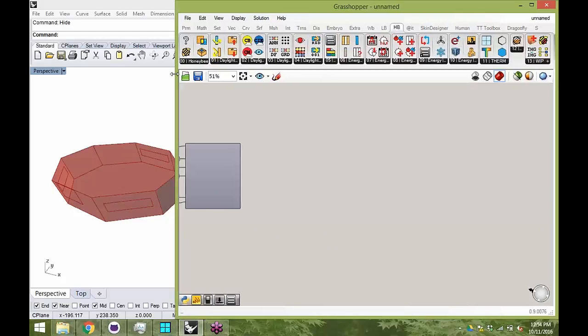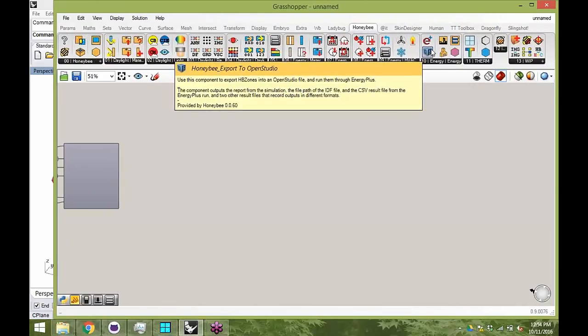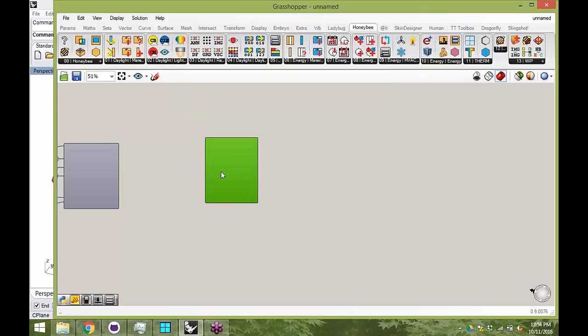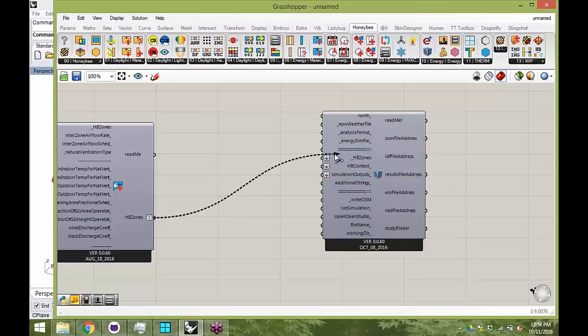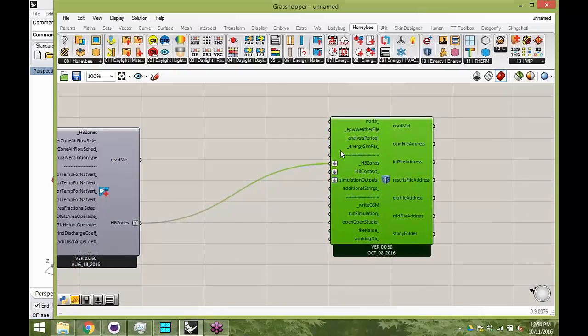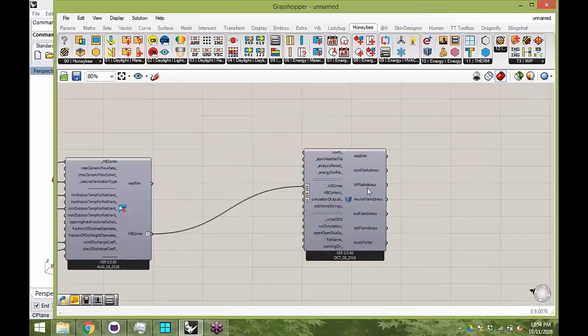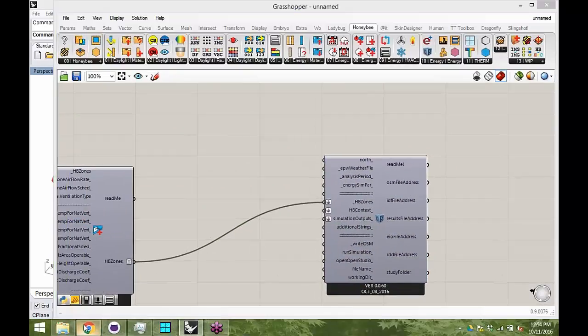And in order to do that, I'm going to grab the OpenStudio component, which you remember I had explained is the interface for EnergyPlus that we're using. And this component here is going to take our zones as input. I'm just going to connect those up there, and it's going to export them and run them through the energy simulation for us. Let's see, we need a weather file, so in order to do that, I'm just going to go to EPW map,